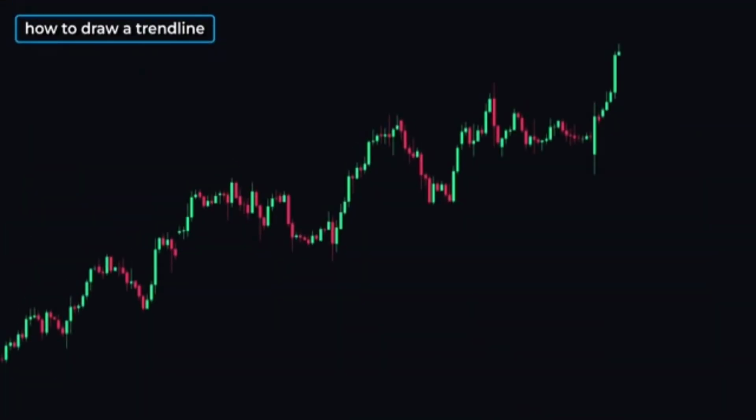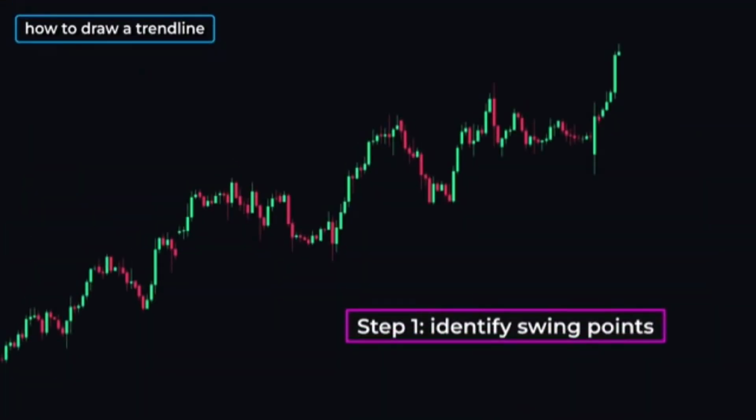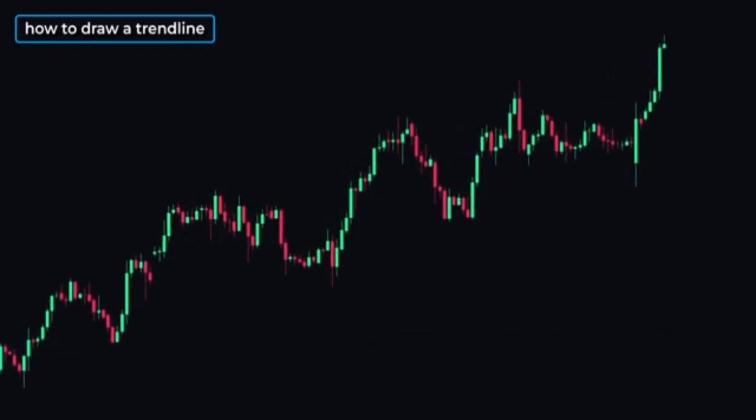To draw a trend line, we first need to identify something called swing points in the price. A swing point is when price moves into an area and then moves away from it. For example, here we can see